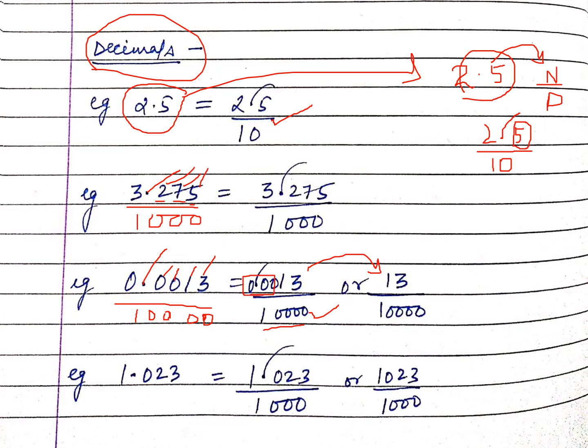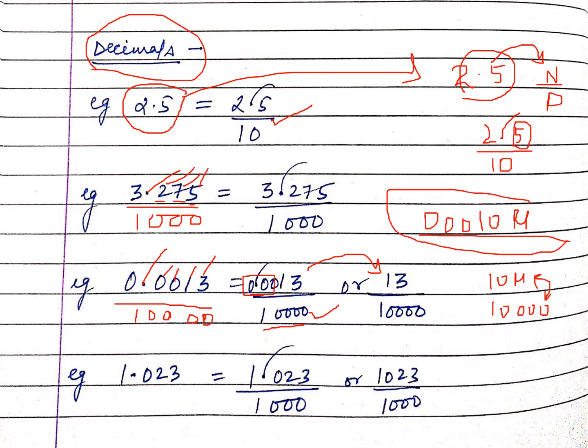If you have 10 rupees and you say I have 0, 0, 0, 10 rupees, still you have how many rupees? 10 rupees only. But if you have 10 rupees and someone places 0 at the end like this, then they are not the same. The zeros which come before the number have no significance, but the zeros that come after the number have significance. So kindly mind this.